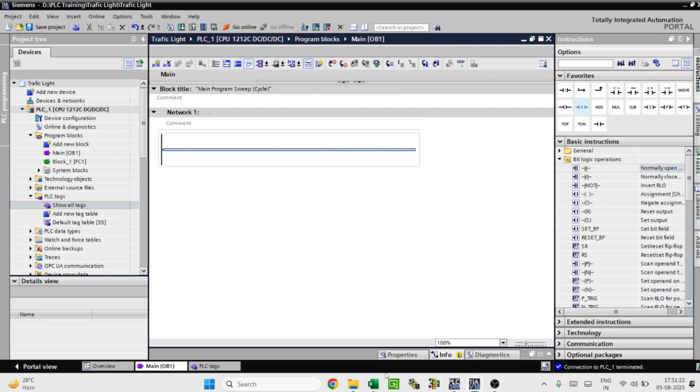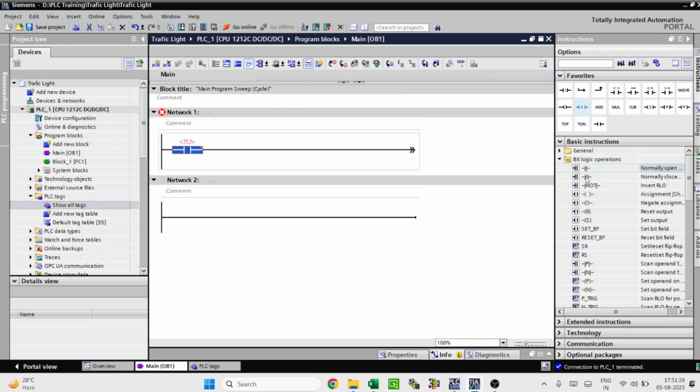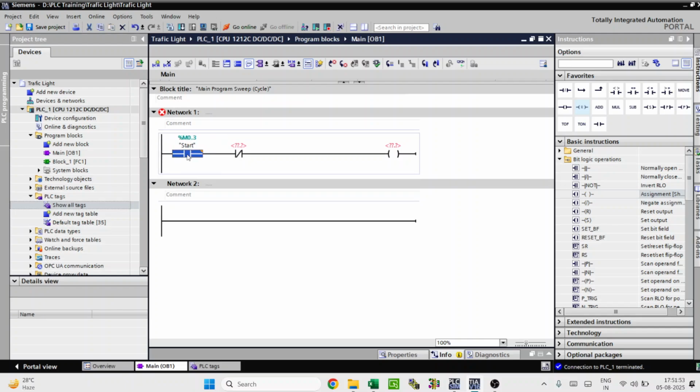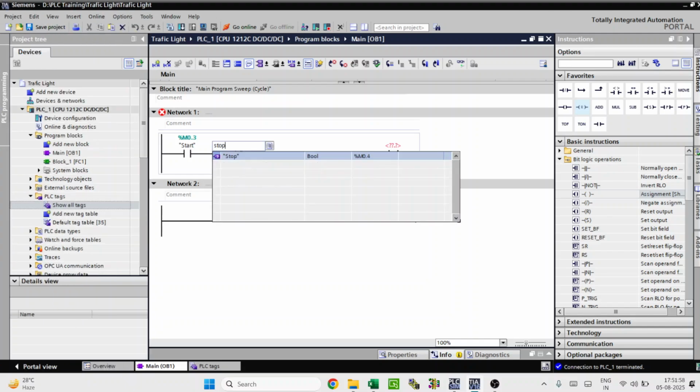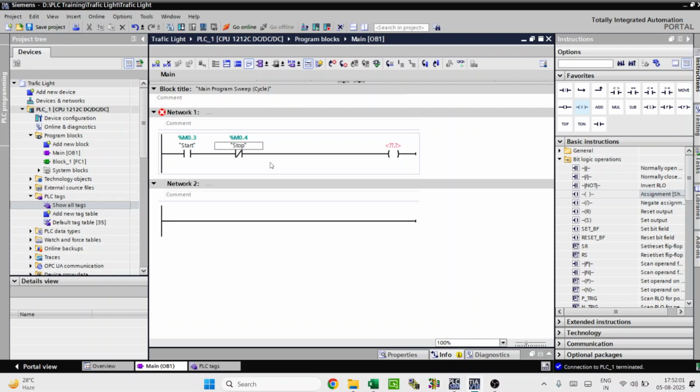Now we have to create the first logic to start the sequence. Once the start push button is on, we have to start the sequence, and unless and until somebody pushes the stop button, this sequence should continue running. So how do we develop that logic? See, for start I have used the NO contact, and for the stop, an NC contact is used. Always remember